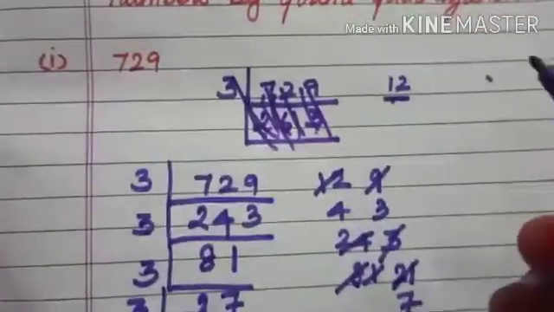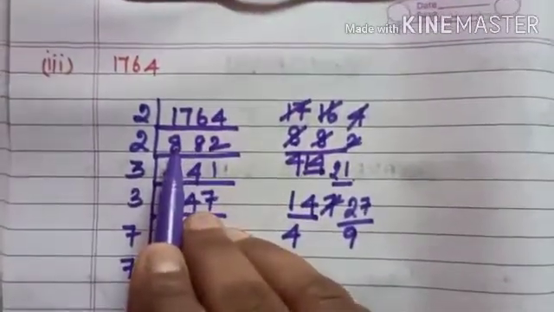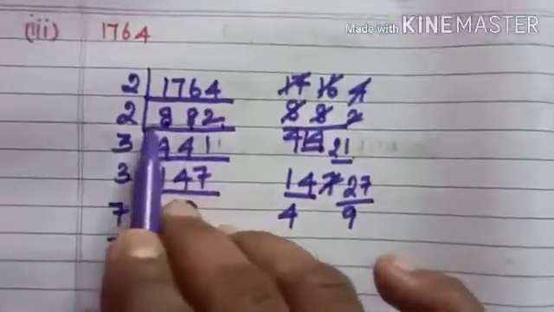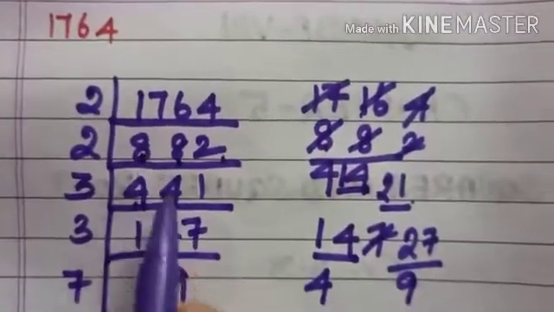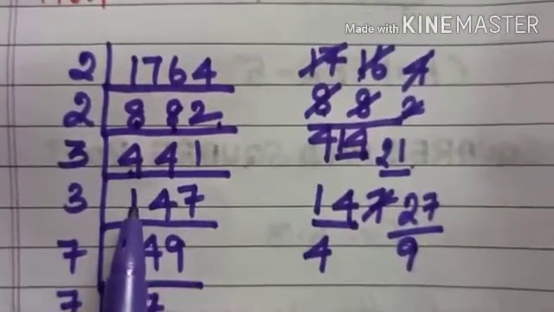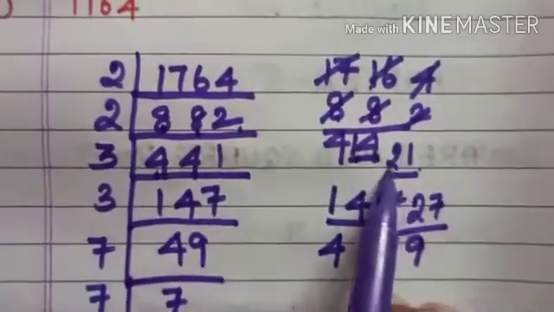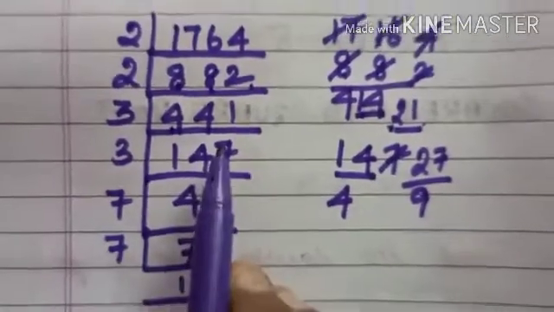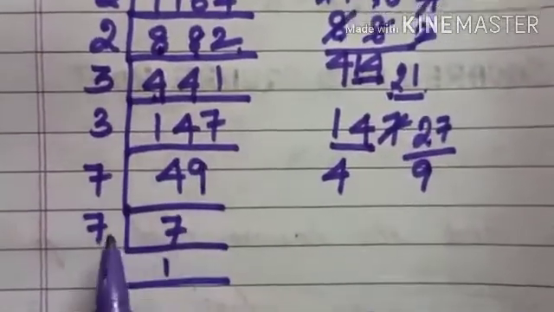So next we move on to the next question. 17 means how many times? 8 times. So now it becomes 16. 8 times and 2 times. So 882. Again you divide by 2. 4 times 2 is 8, 4 times 2 is 8, and 1 time. So now it is divisible by 3. 1 three is 3. Remaining 1, so it becomes 14. You take 4 times 12 and it becomes 21, so 7 times. Again you divide, 4 3s are 12. Remaining 2, it becomes 27. 9 3s are 27. So 7 7s are 49 and 7 1 time.